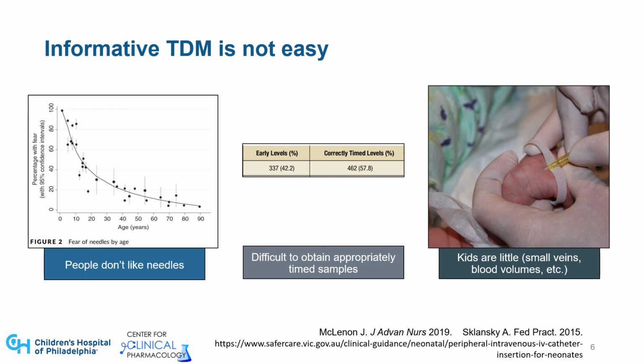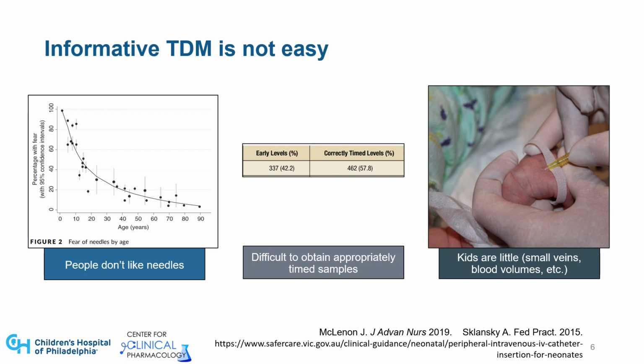And this leads to difficulty in obtaining appropriately timed samples. The data shown here display the percentage of correctly timed vancomycin trough levels in a large cohort study of nearly 800 patients. And as you can see, fewer than 60% of these samples were actually collected at the appropriate time. And when it comes to children, this is even more difficult because kids are small, and so